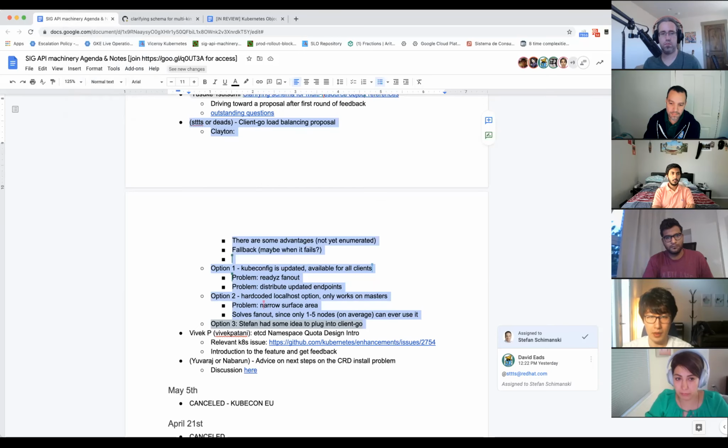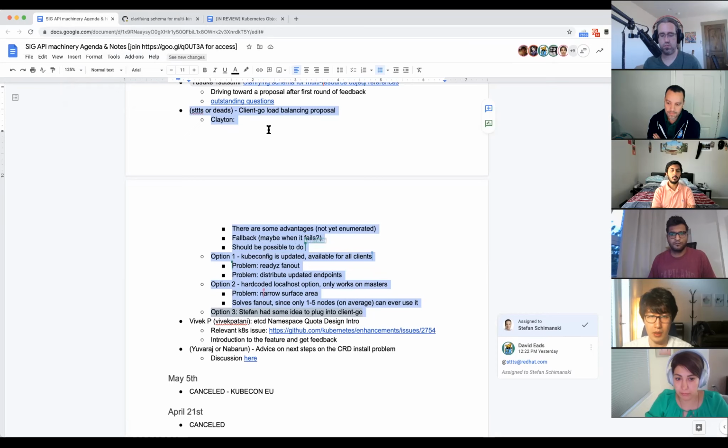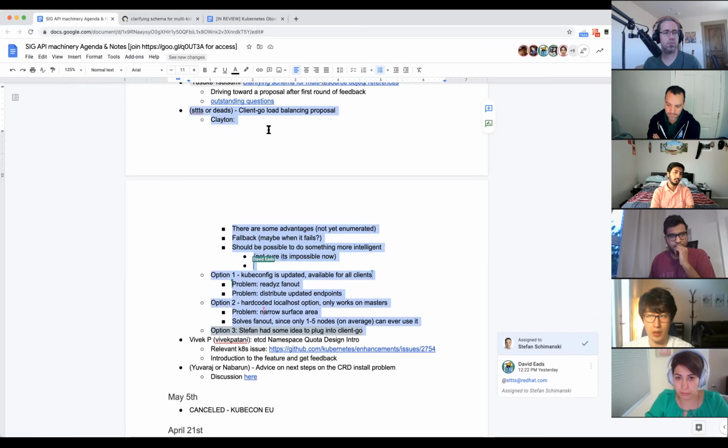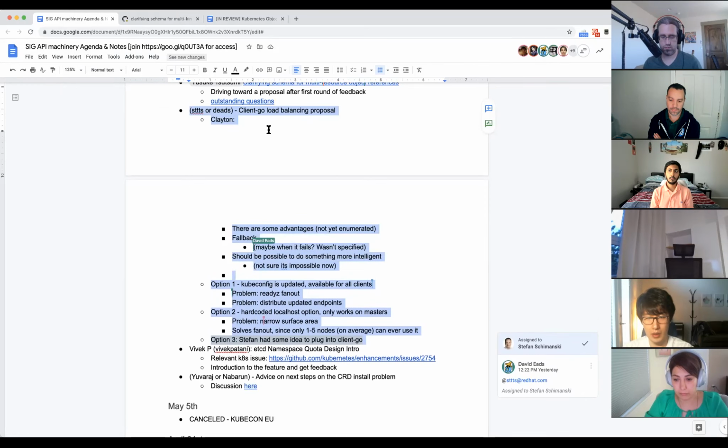I would advocate that it should be possible to do this, and we should have some guidance around when we would think it's turned on and what we think our clients should do. But Stefan and I were arguing a little bit about this: there's a ton of complexity in this, and getting it wrong has a lot of subtle problems. So we need a concrete path where someone could reason about it and we could test it. It wouldn't be what I would consider a standard option until it had gone through some maturity. There may be libraries or ecosystem advantages to plugging in other stuff. I just don't think we should close the door on this being possible in Client Go,